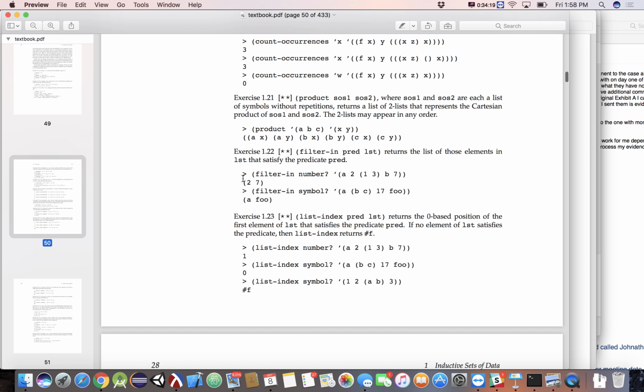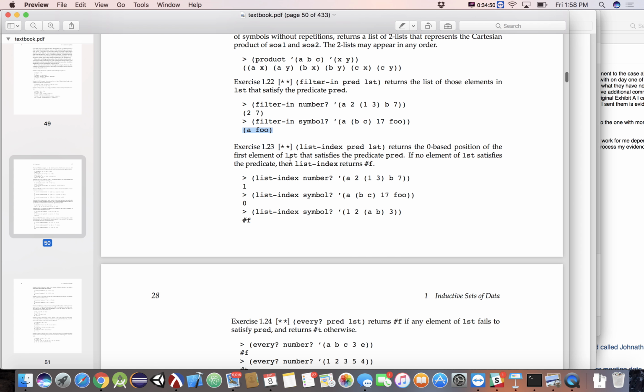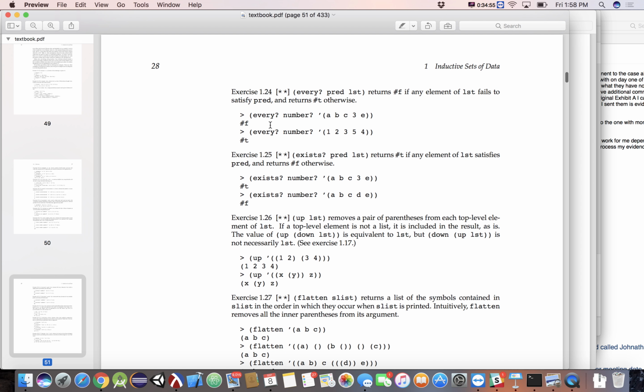Filter in gave us a list containing everything that returned true. Change this to instead give you a list of all the elements that the predicate returned false for. And if this is the empty list at the end, then every should return true. That means you didn't find anything in the original list for which the predicate was false. Make sense? So 2 separate ways you can solve that one. That's list index, that's every.